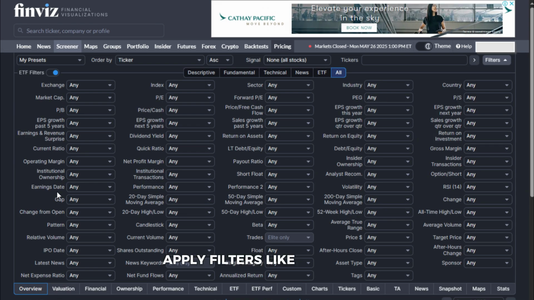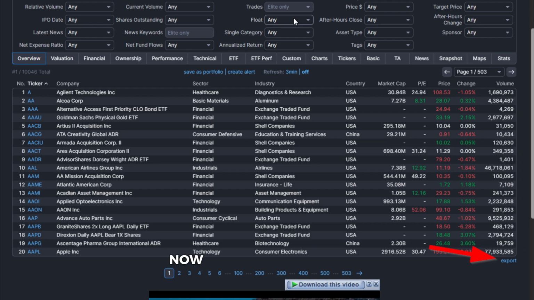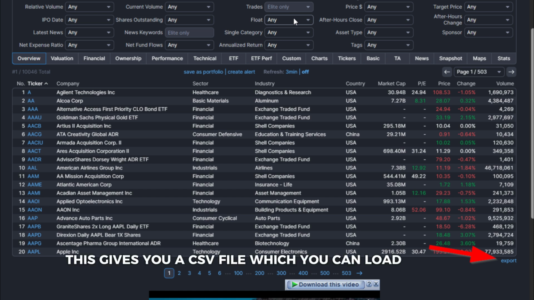Apply filters like market cap, RSI, or price to get your stock list. Now, if you have Finviz Elite, you can export the filtered results by clicking on the Export button. This gives you a CSV file, which you can load into Excel, Python, or any app, just like API